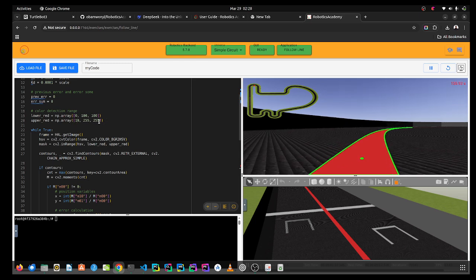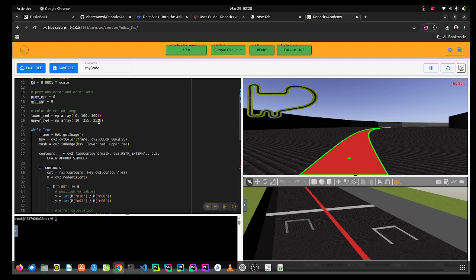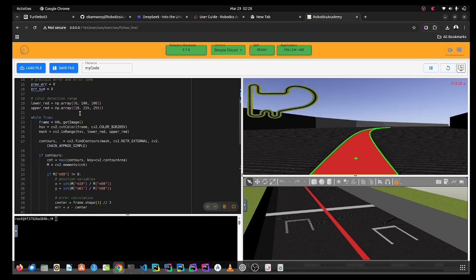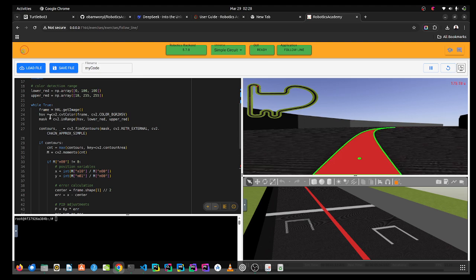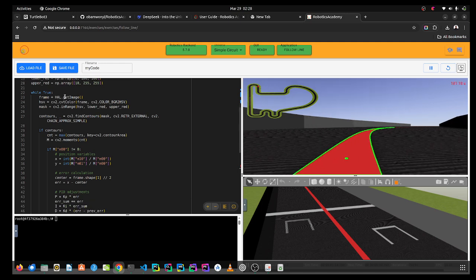So this is like calculating a range of red color, range between the color we are going to be detecting. Then this, like I said earlier, we are simply looking for a